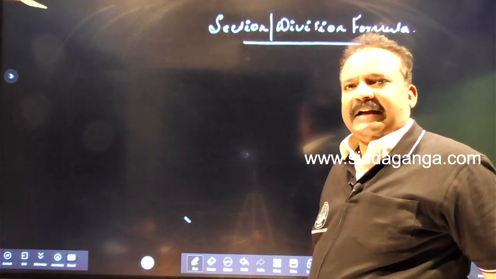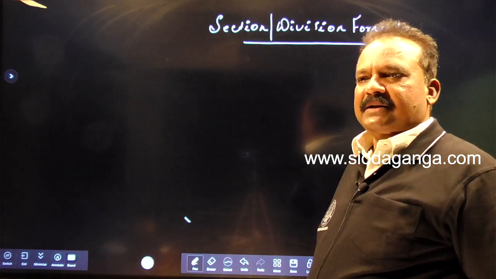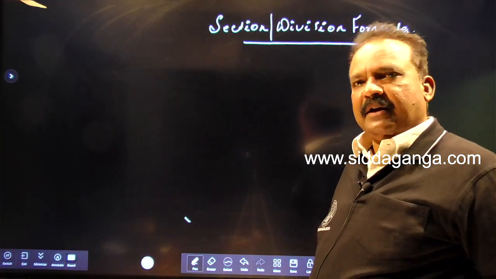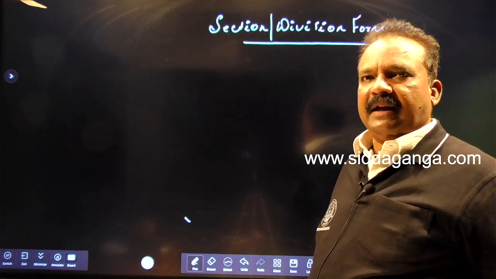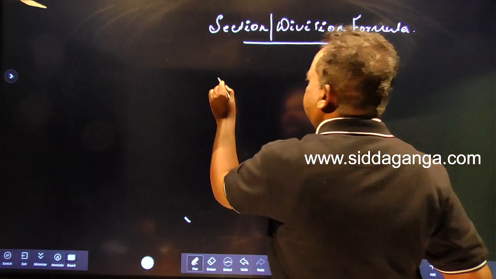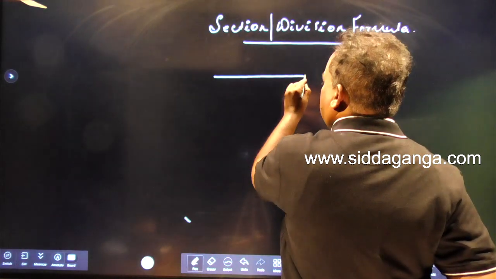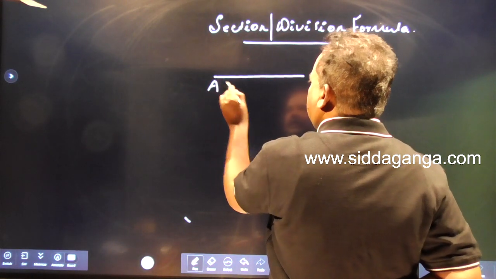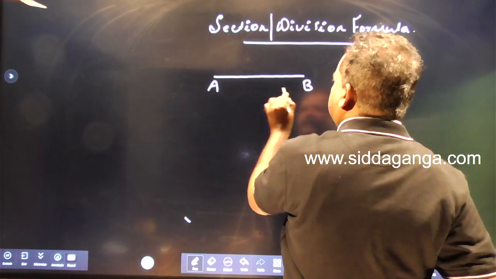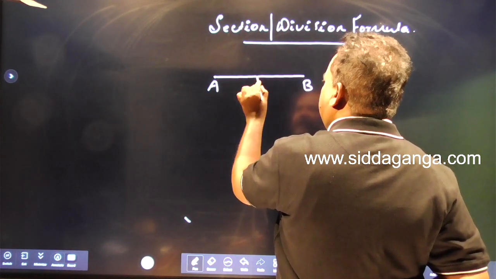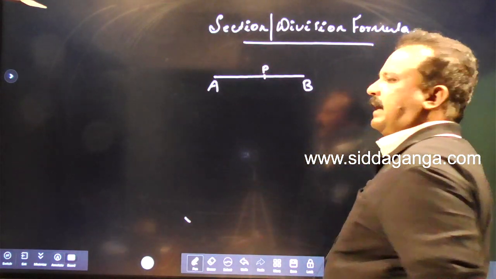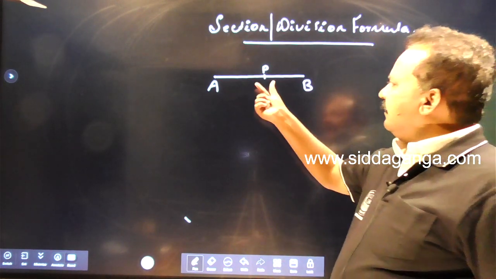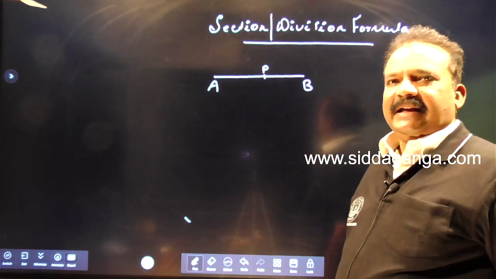A point can divide a line segment in two ways. It may divide a line segment internally or it may divide a line segment externally. Suppose AB is a line segment. If the dividing point lies in the midway between A and B, then this kind of division is called internal